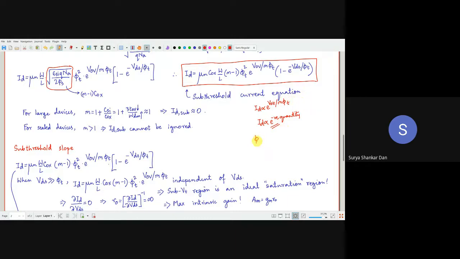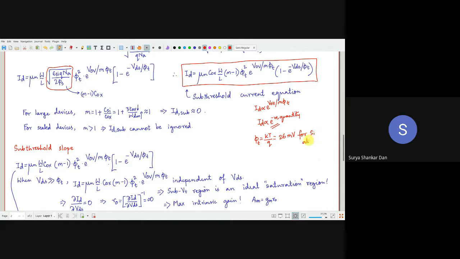Phi t is that small notation. Surface potential is phi s. Anyway, this is the phi s, that is surface. Phi t is the volt equivalent of temperature, kT by q. That happens to be 26 millivolt for silicon